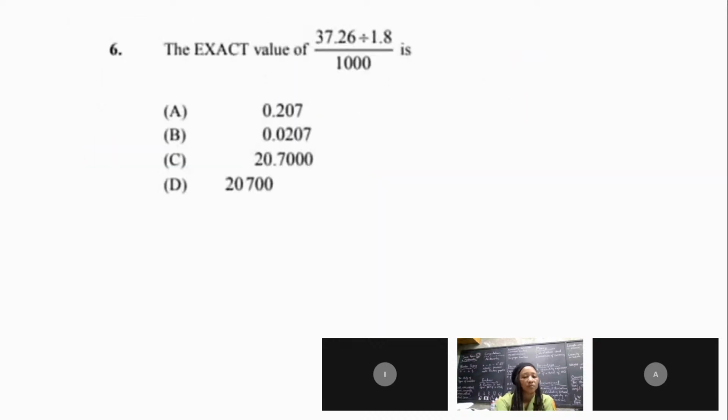All right. Imani. Okay, miss, the exact value of 37.26 divided by 1.8, all over 1000 is, miss, so we would multiply 1.8 by 10 to make it 18, and then we multiply 37.2 by 10 to get 372.6, miss. So to divide 372.6 by 18, and that's